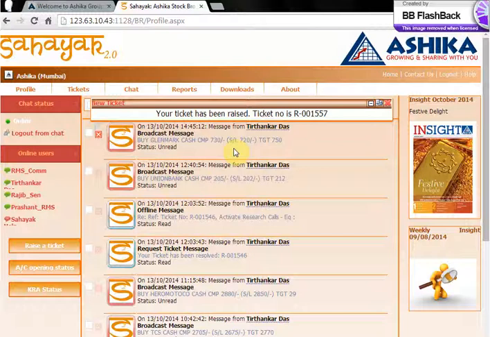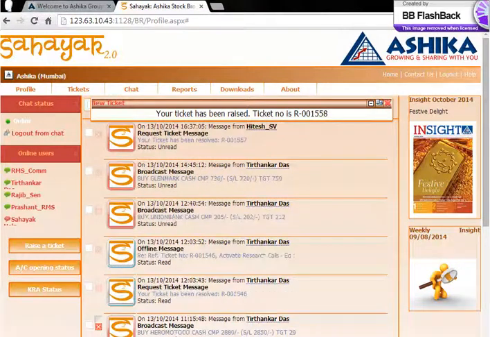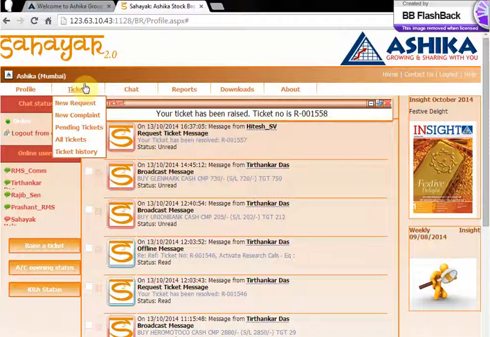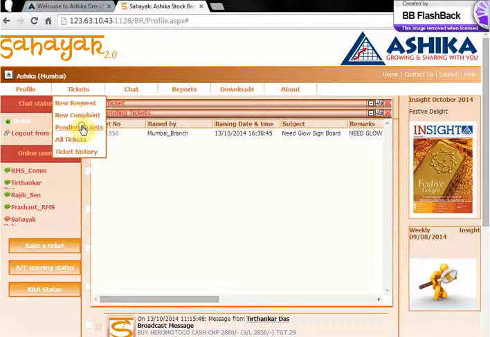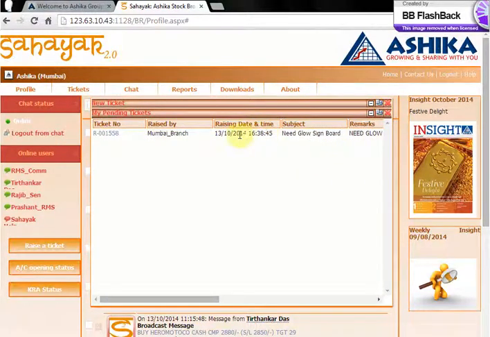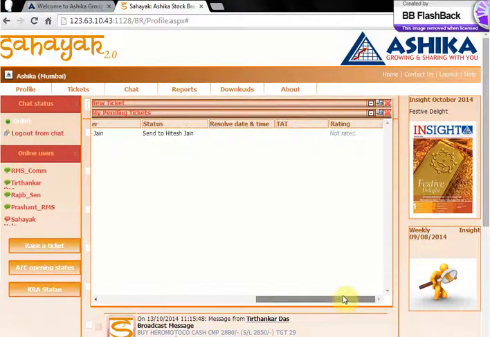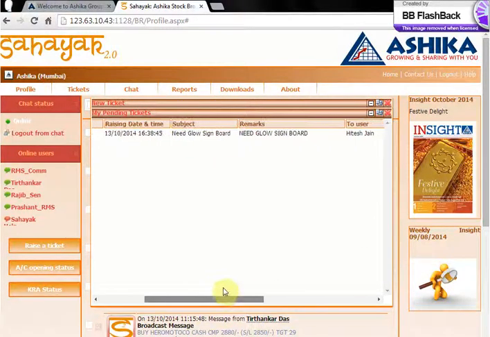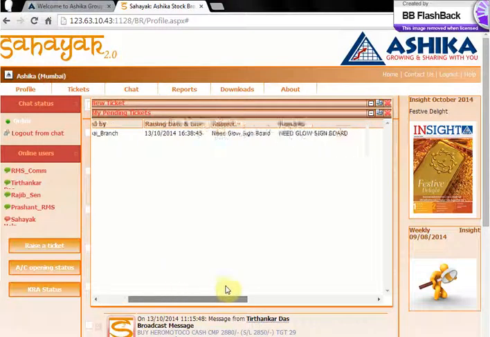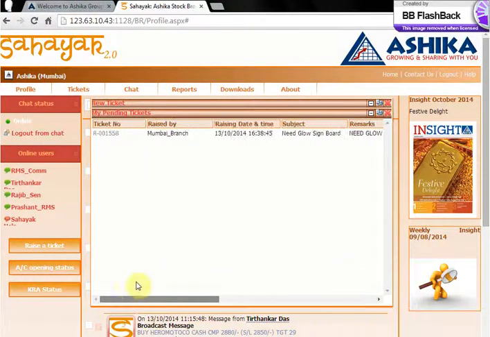The next thing I'm going to show is what a pop-up is and how the ticket gets resolved. For that you need to wait a moment. Before I go further to show you how you get the notification of the ticket being resolved, let me show you that the ticket which has been raised is booked under the pending tickets. You see this ticket which we raised is booked under the pending tickets. So the concerned department, the concerned person, is going to resolve your issue. Thus it is showing in the pending tickets.